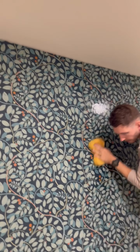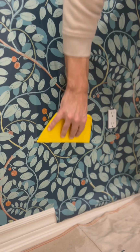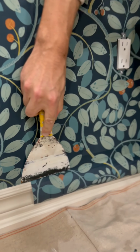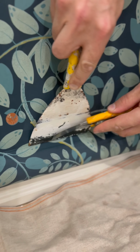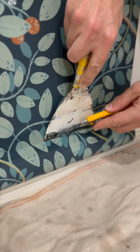So if you're gonna leave some extra paper, do it at the ceiling, and then at the bottom, cut it nice and tight with a thinner guide. So we use this plastic, what is this thing, a trowel? Plastic guide, a plastic smoother on the top. And then as you can see here, we switched to a standard taping knife as our guide on the bottom, on the baseboard, because you're gonna look down at all the time and you're gonna be able to see